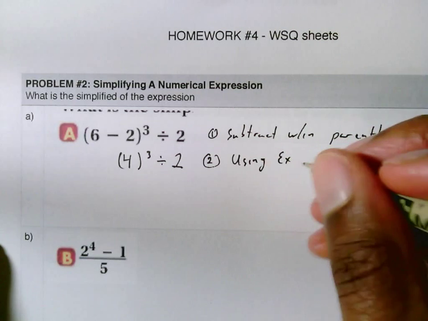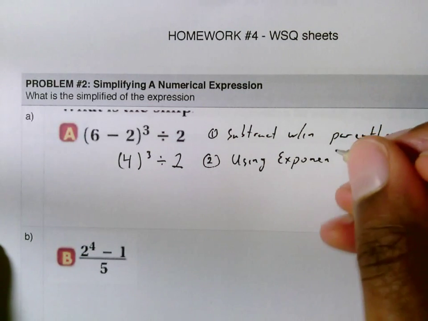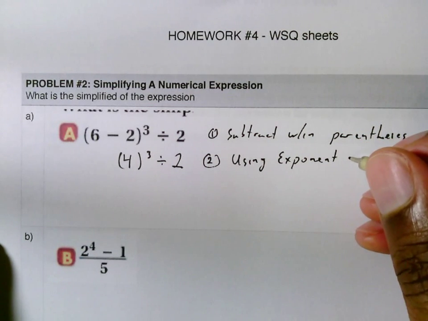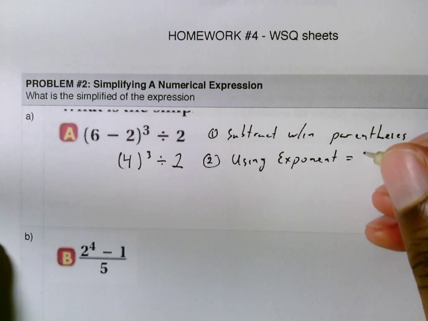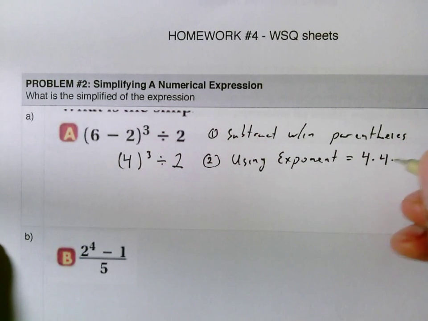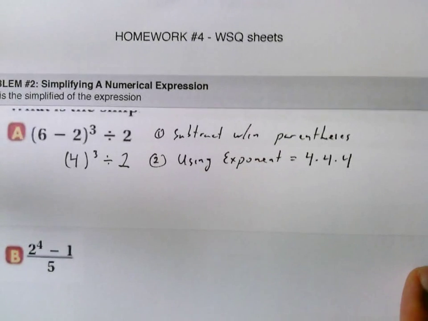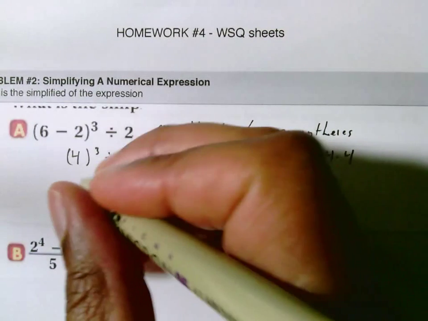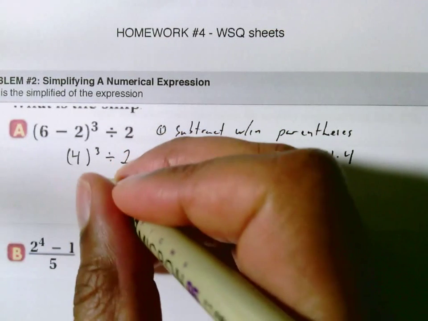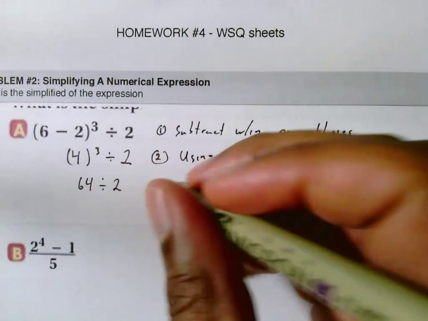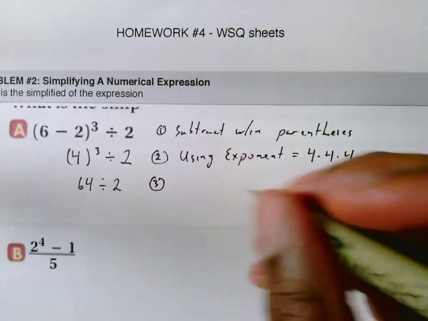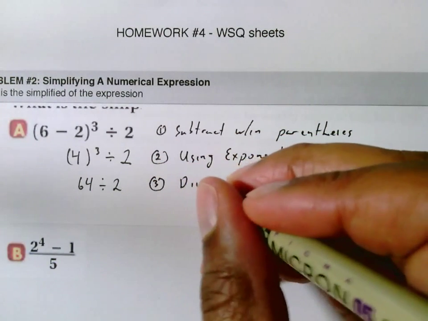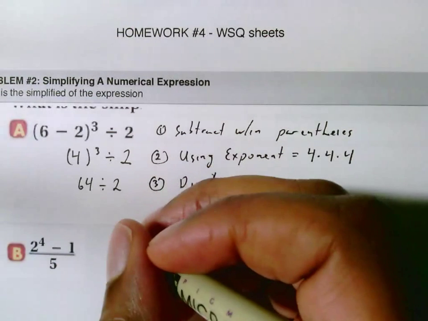I'm going to type in on the calculator 4 to the 3rd power, which is the same as 4 times 4 times 4. And then if I get that, it's going to give me the number of 64. And then as my third and final step, I'm going to divide, which gives me an answer of